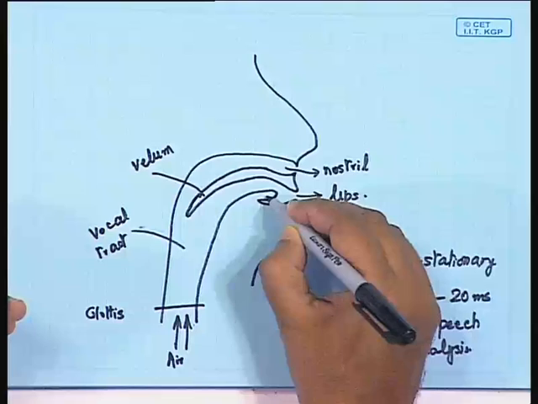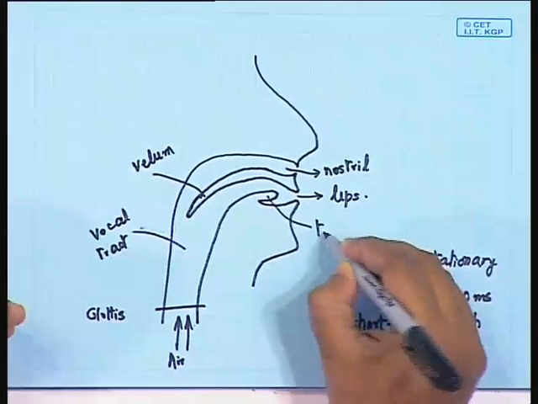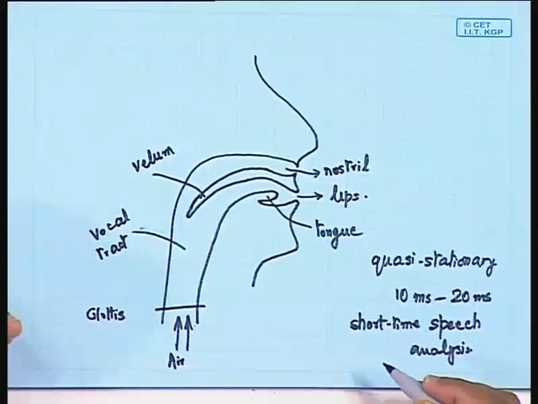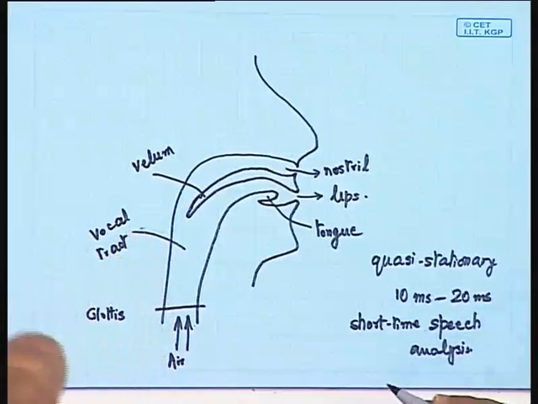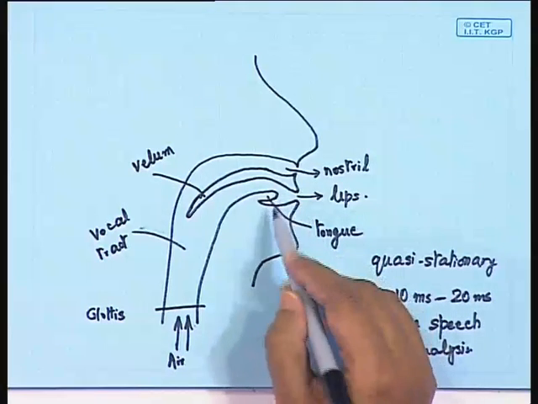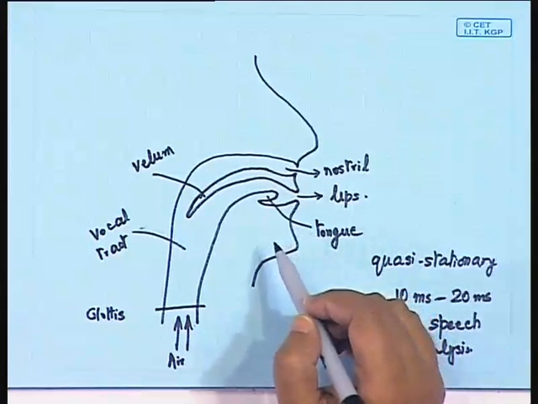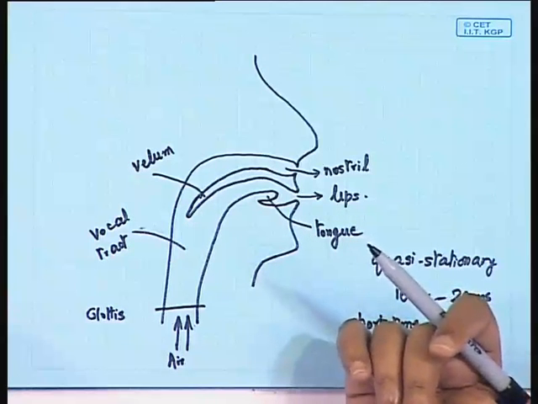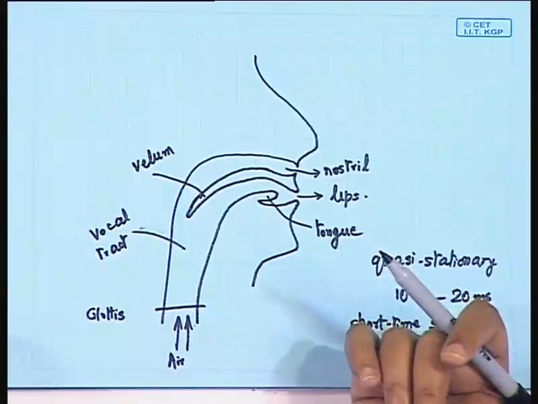Okay. Here we also have the tongue. So, this is where our tongue is, and the tongue is also another articulating organ, in the sense that by positioning our tongue, we are able to create some constrictions in the lips. Actually, without our knowing, we do all these things whenever we are producing speech.